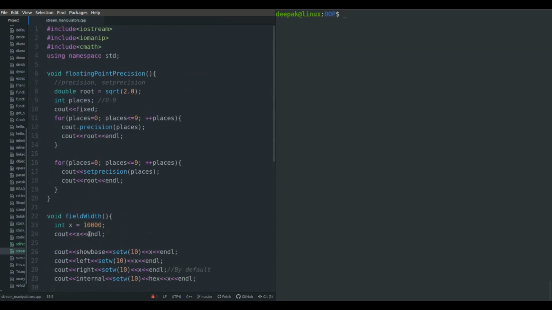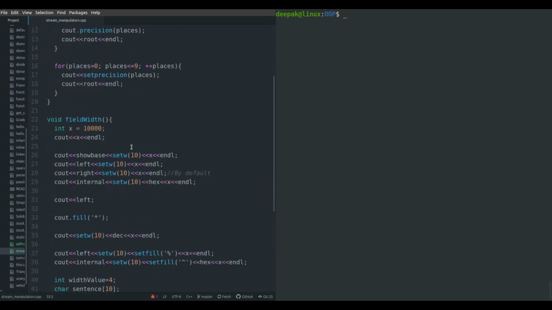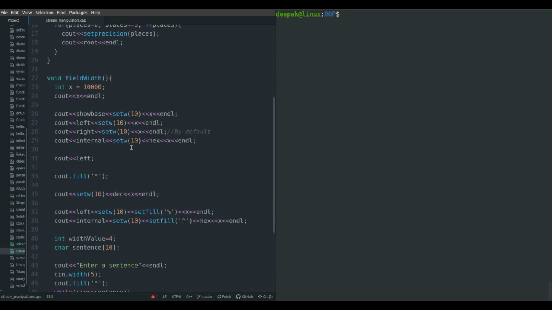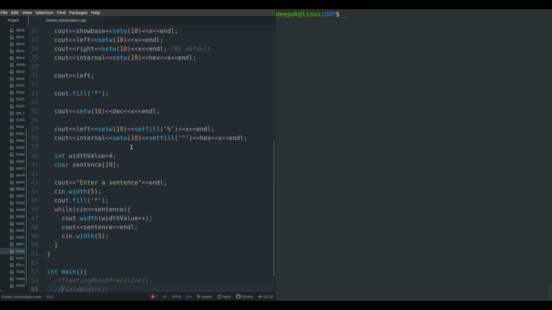So you have seen a lot of things in this program. We have discussed floating point precision. We have discussed setting field width, then justification to the left, right, and internal. And after that we discussed padding using fill and setfill stream manipulators. And we also talked about the multiple representations of a number in decimal, octal or hexadecimal format. So I hope you can change this program according to the theoretical discussion that we had and practice all those questions. Alright, so let's move towards our theoretical concept and discuss some more practice questions there.